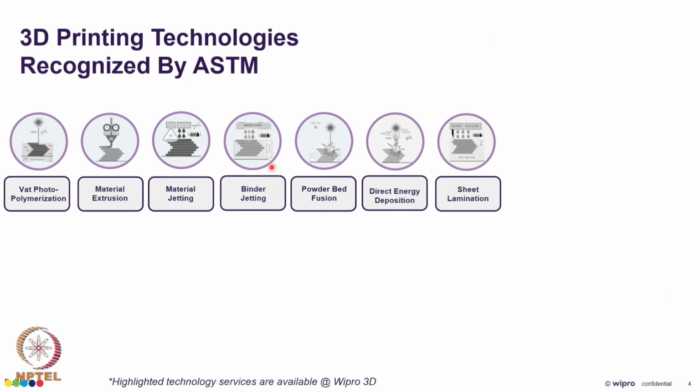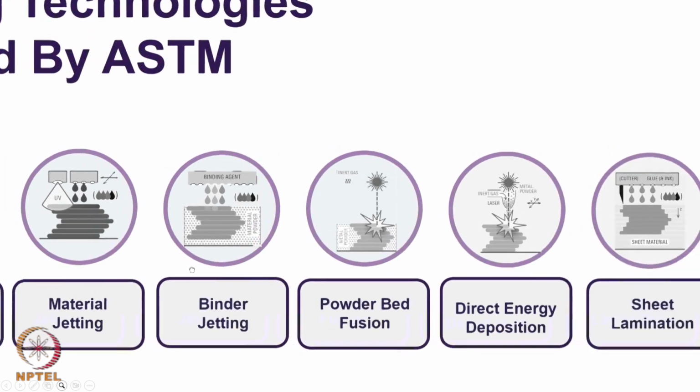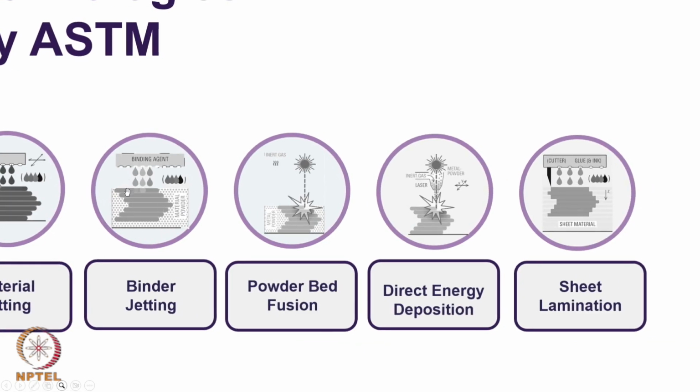So, it will have something called as a green strength, which is very similar to what we have in powder metallurgy. So, this particular part is called as a green part, and it should be carefully taken out. After carefully taking out the part, we will then do something called as depowdering, wherein all the excess powder is taken off. Then we do something called as debinding, where we subject it to a little amount of heat, so that all the binder that has been sprayed is evaporated off, and after that we will put it in a proper sintering furnace